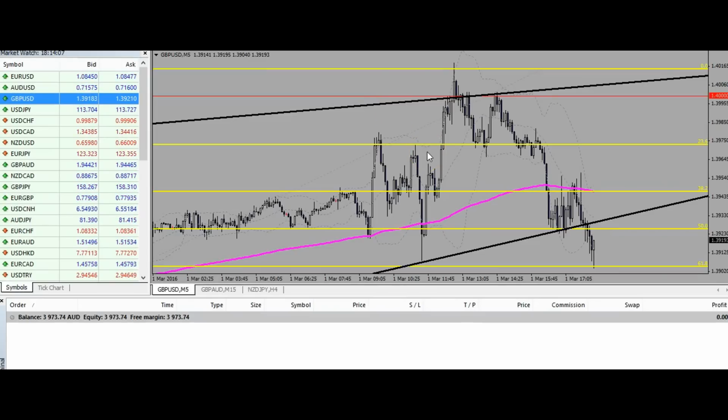Brandon here checking in. Just want to do a really quick video, show you guys a trade that I'm looking at hopping in a few moments. I'm on the British pound dollar 5-minute chart. Now, today is the 1st of March 2016, and I'm looking to take this trade, looking to open a long